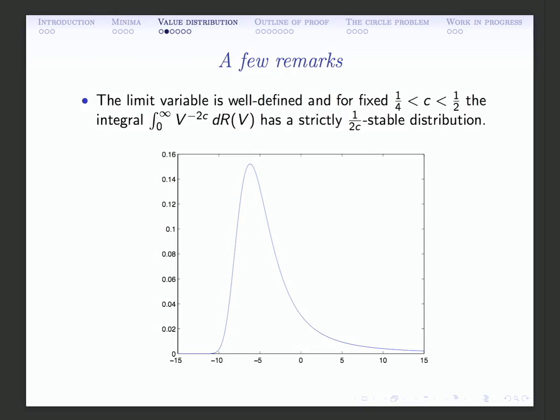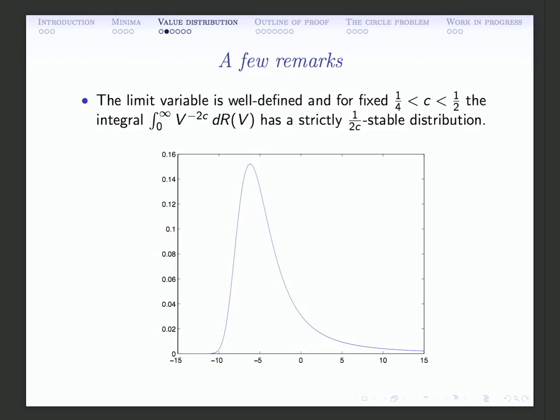A typical instance, for c equal to 5/12 if I remember correctly, gives you a graph like this of its density. It is a little bit skewed to the left,